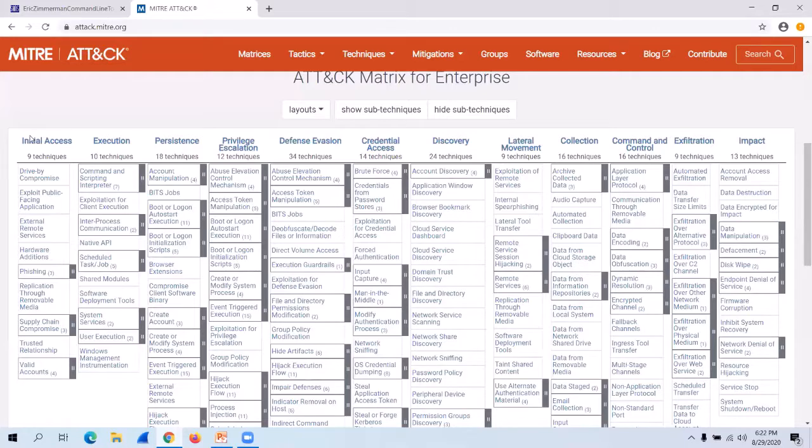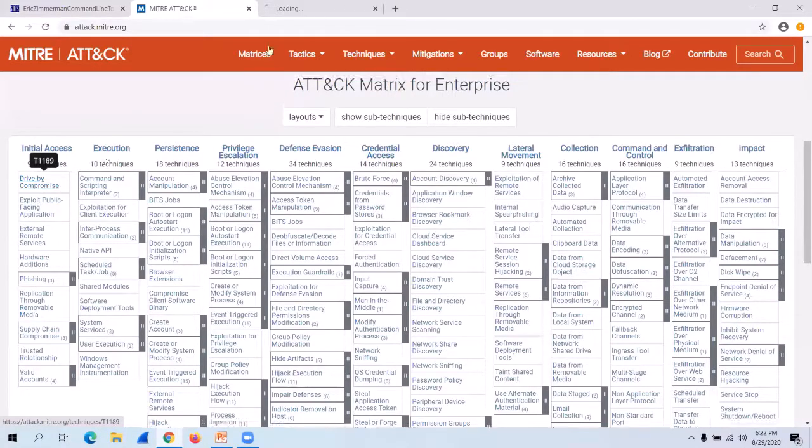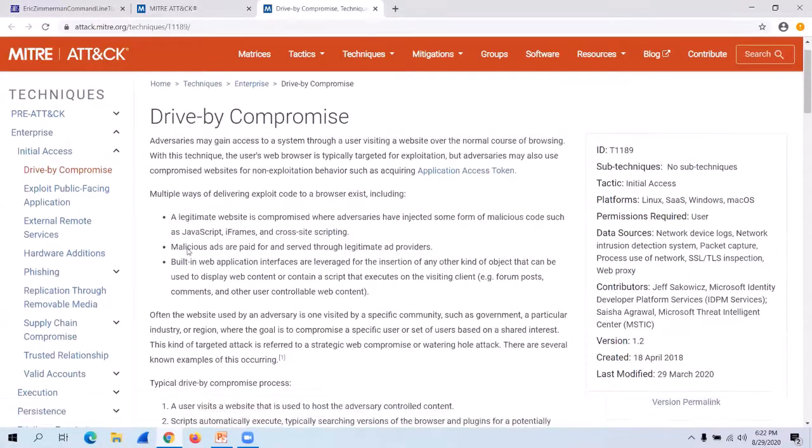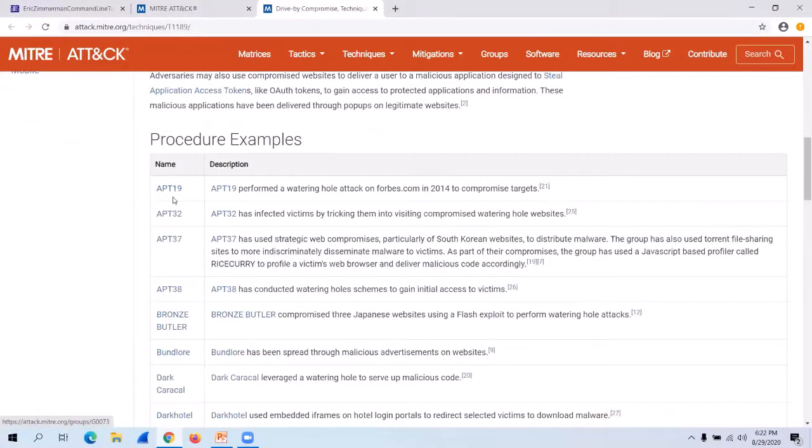Okay, so basically these are techniques like initial access, execution, persistence, privilege escalation, and in each and every phase, what kinds of TTPs are being used. If you click on just this one, like drive-by compromise, there will be certain tools and certain APT groups attributed to it, like APT19. These are different APT groups around the world. They are utilizing these techniques to reach organizations.